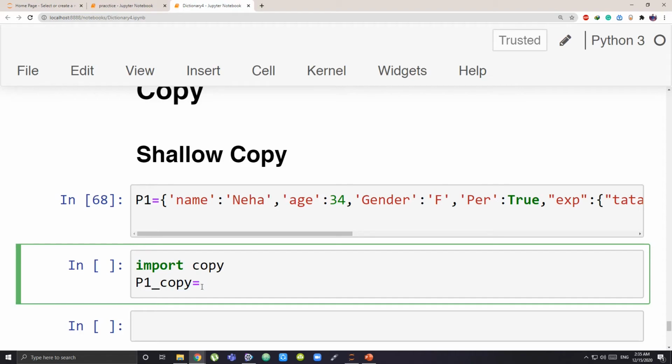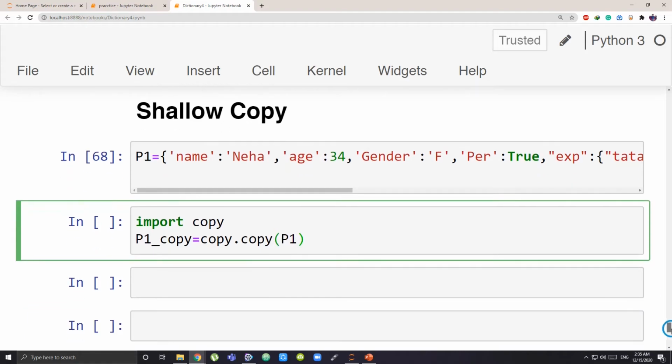The next step is the name of the copy dictionary. And how do I use this copy function? Shallow copy is done from the copy module: give me the copy function, and using the copy function, copy the P1 dictionary. Firstly, I imported that module that has the shallow copy function.